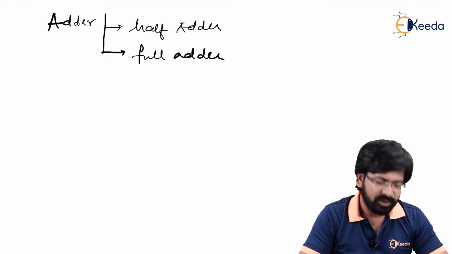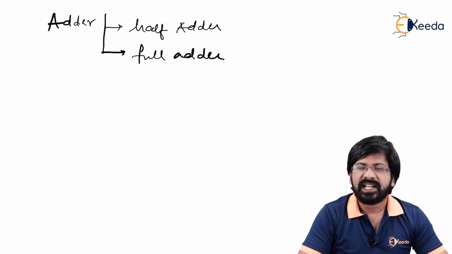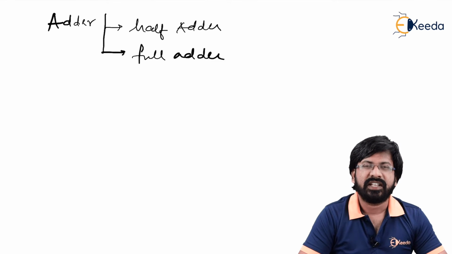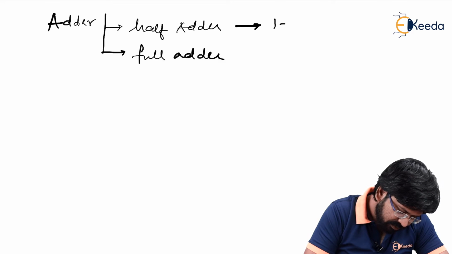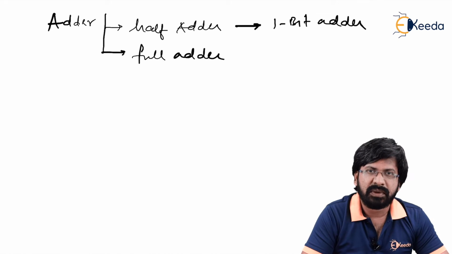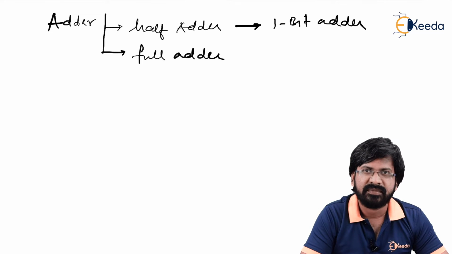Generally, whenever I ask the students about half adder, they say that, sir, there are two inputs, that is A and B, so it is a 2-bit adder. Then this is wrong. See, when it is adding two numbers, yes, the ultimate aim is to add two numbers, that is A and B. My question is, what is the size of A? Size of A is 1 bit and size of B is also 1 bit. Then it is a 1-bit adder, right? So half adder is basically a 1-bit adder. Please never forget that. Where size of A is 1 bit, size of B is 1 bit, and the size of sum is also 1 bit, right?